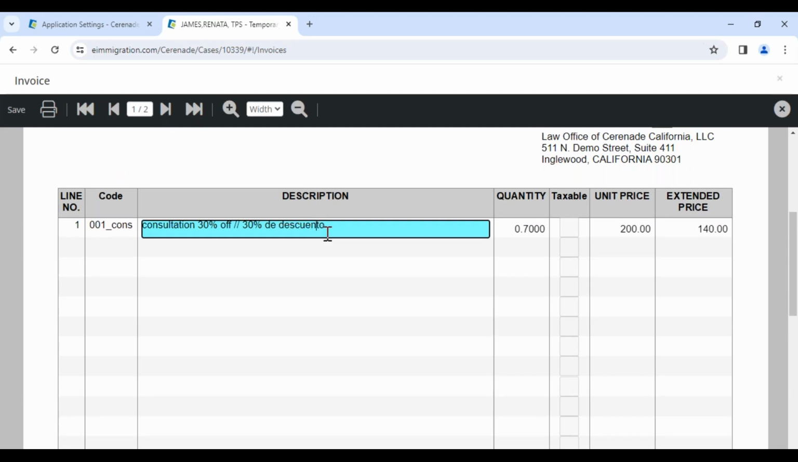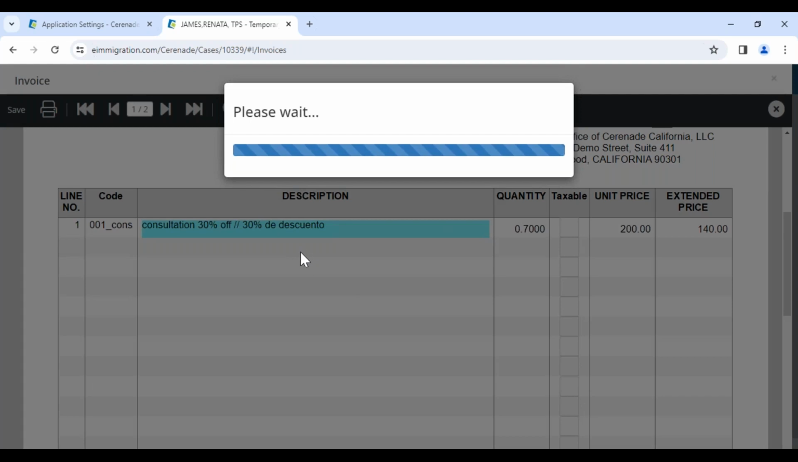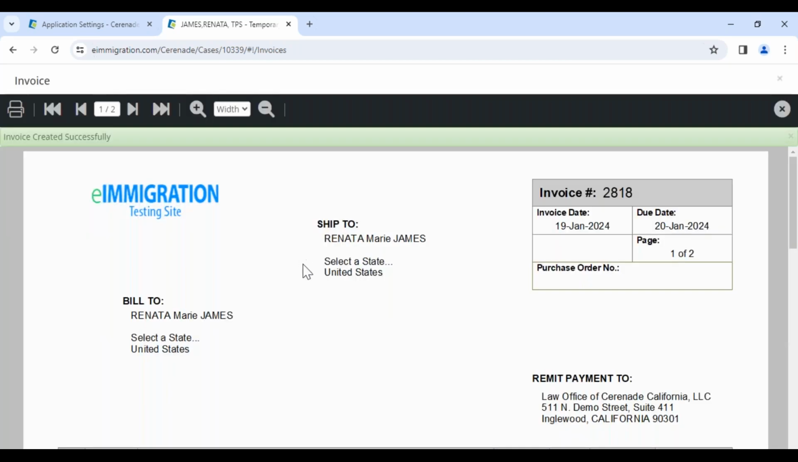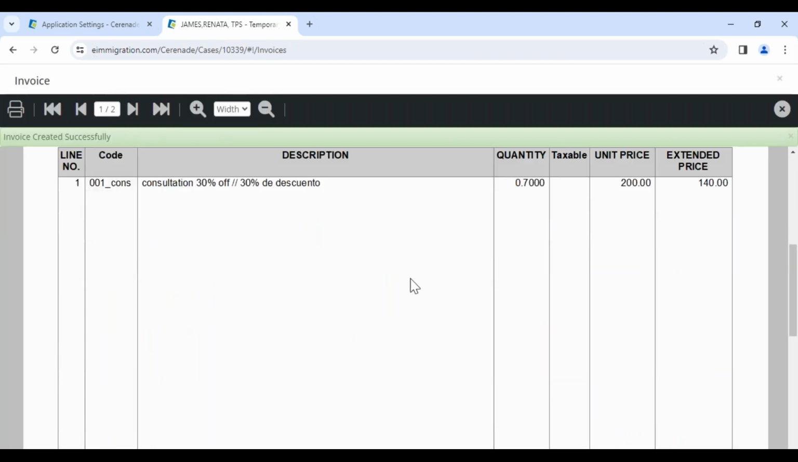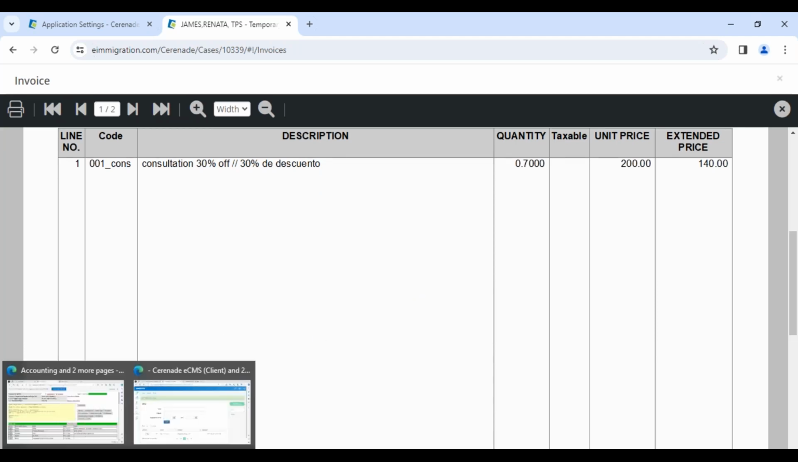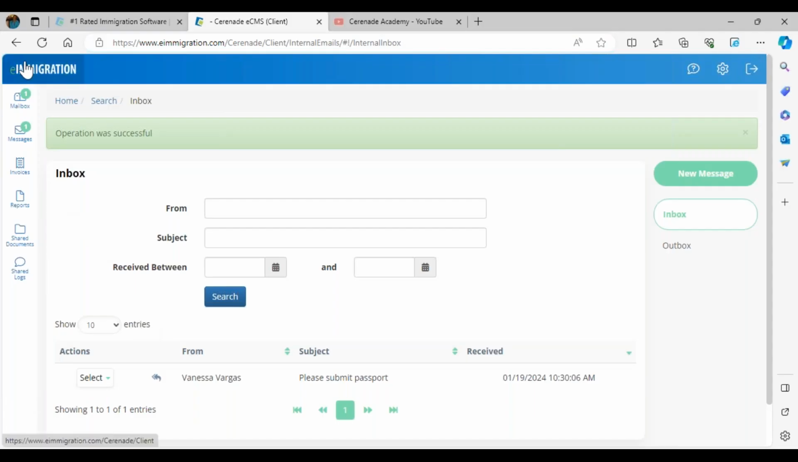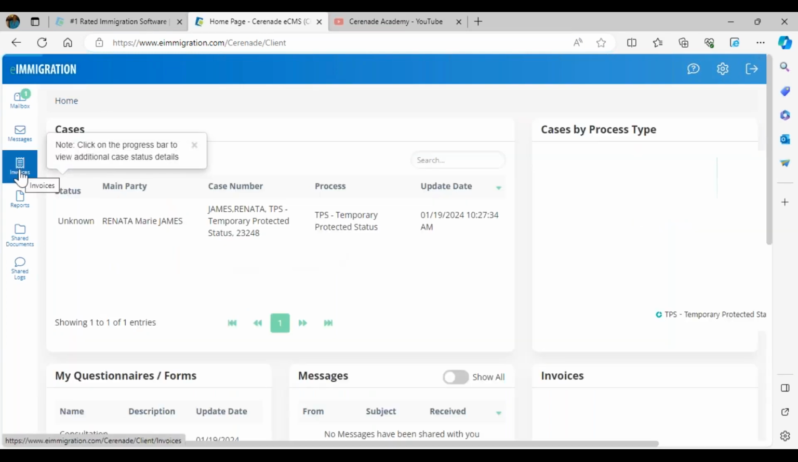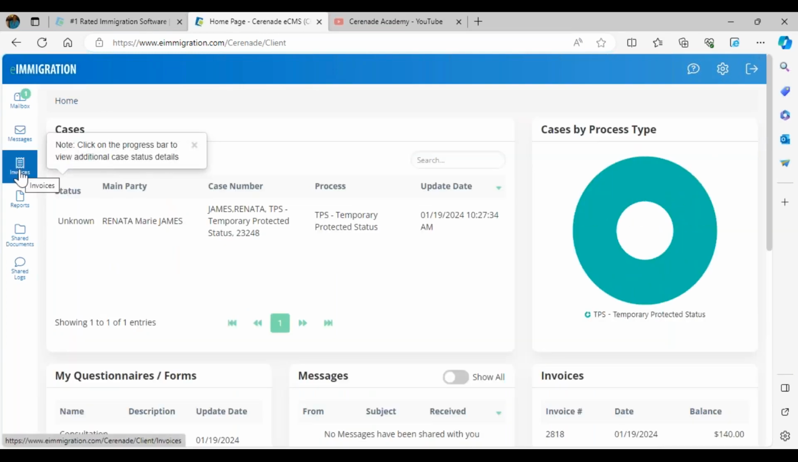I am telling you, I don't know why I can't. Okay, descuento and save it. Now that I have an invoice, she can pay online if I had the credit card processing. But even if I don't have the credit card processing, my clients can look at the invoice section